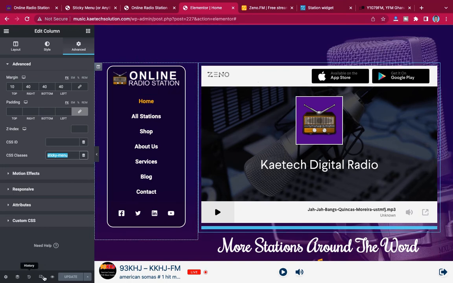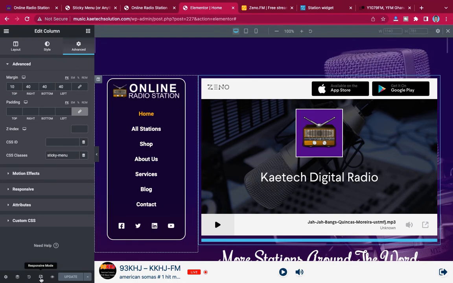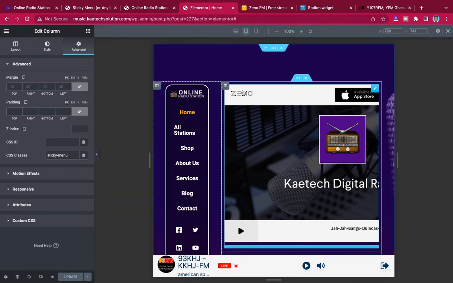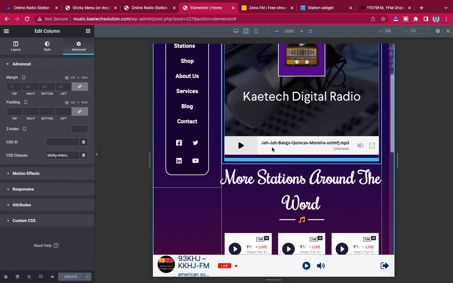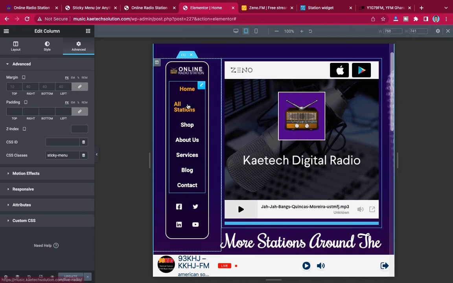To make it mobile responsive, just click on the responsive mode over here, and then let's click on tablet and see how it shows on tablet. Now like I said, I want the menu to show on tablet. So what I'm going to do is